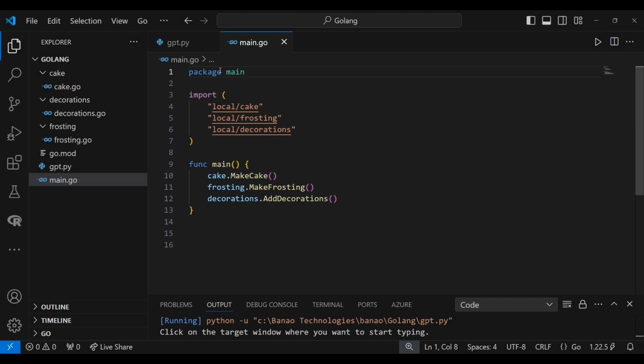Across the globe, industries leverage the power of packages and modules in Go to streamline development and improve code organization, enabling efficient collaboration and maintenance of